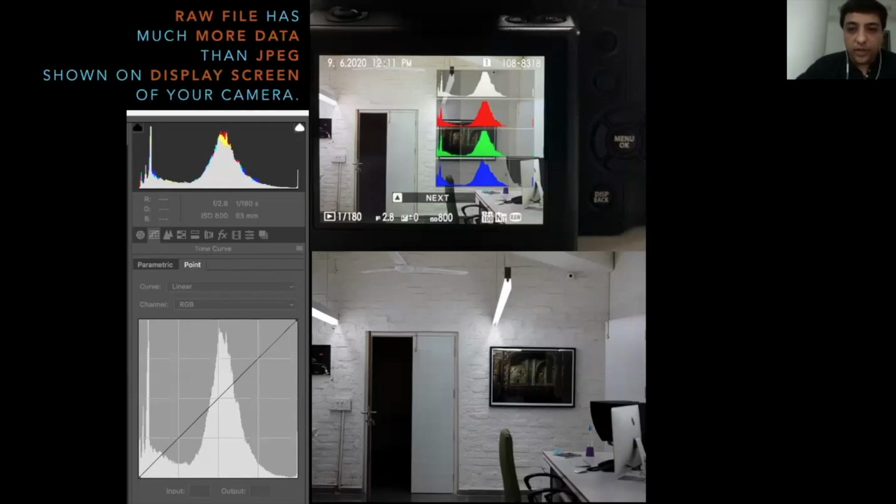Now you can see that there's a slight difference in terms of data that it shows, because raw file usually carries much more information than your JPEG files. That alone does not help a photographer, in that in a lot of low key and high key setups, the back of the screen would give you misguided information.